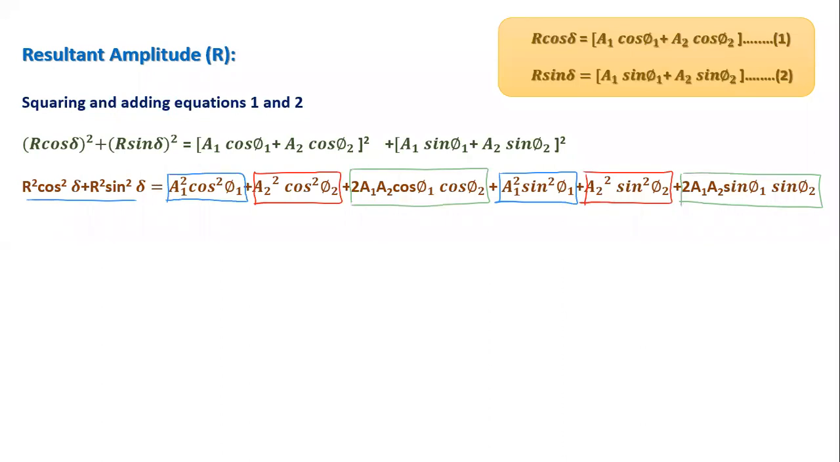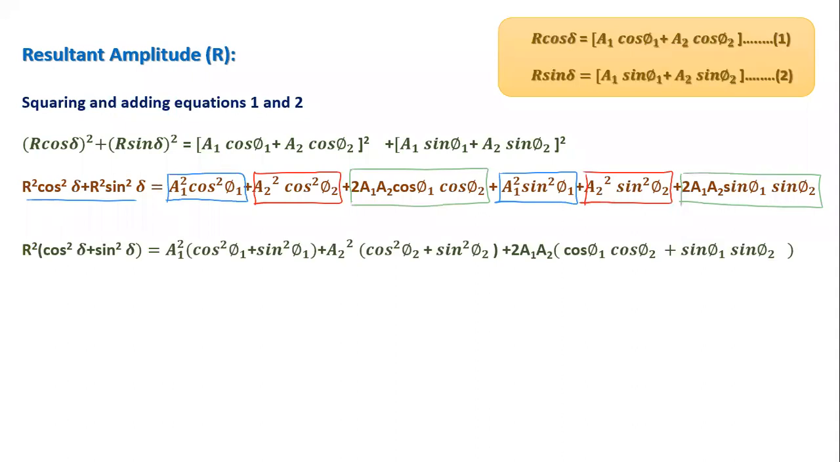Twice a1 a2 we can take common. Then in a bracket we get cos phi 1 cos phi 2 plus sin phi 1 sin phi 2. Now let me write the equation after taking these commons. So here we get this term. Then after taking